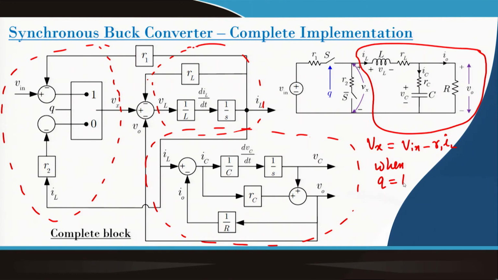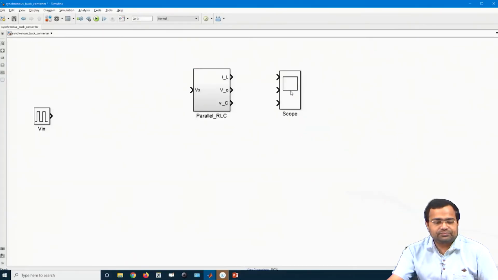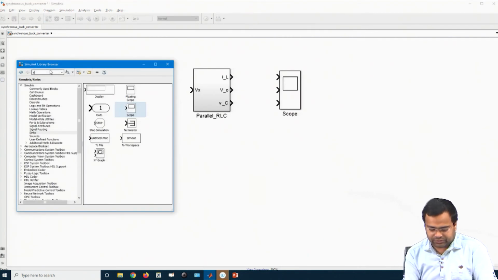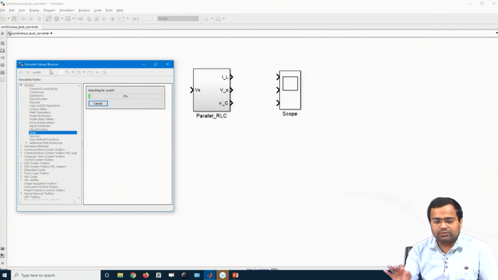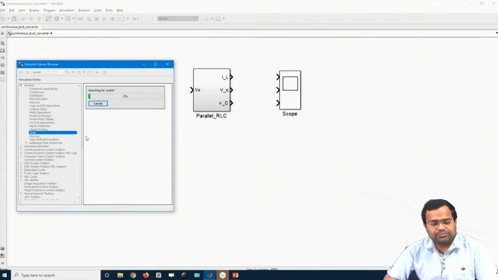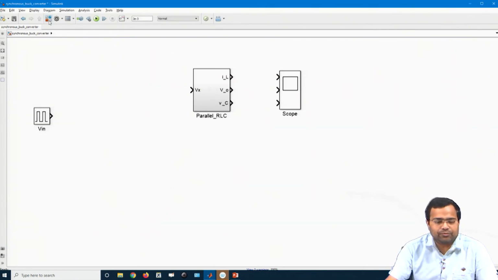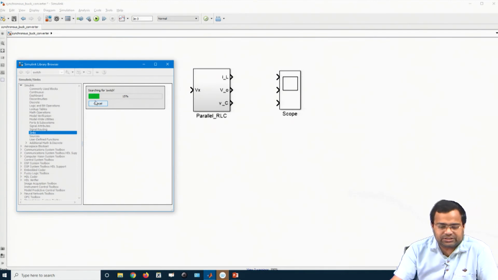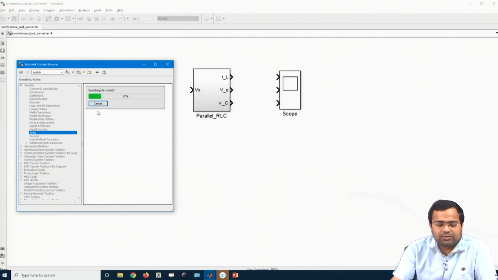Okay. So, let us go back to this block, and if we look for switch, we should search for a switch block. Switch should be available in the Simulink. Let us wait for a switch block, discontinuous block, and in fact, we do not need to look for it, we just have to cancel. The switch block should be there, because it is a general purpose Simulink block.